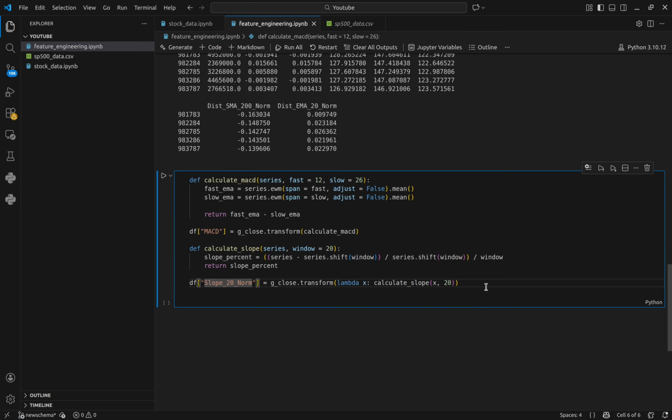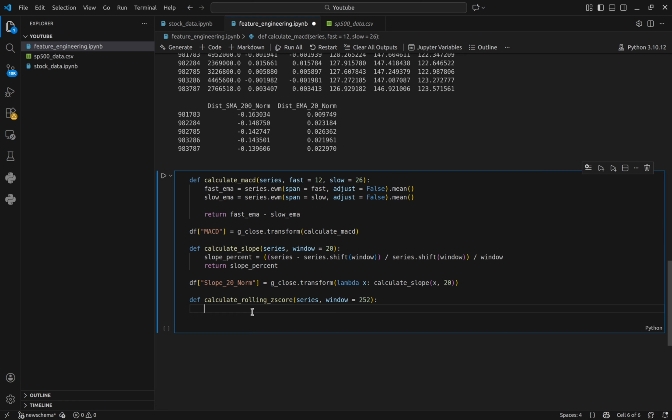And finally, before we end our video, I would like to show one more thing. We want to normalize our MACD data here, so the way we will do that is we will define one last function called calculate rolling z-score. This is a method that's used in statistics a lot, and we will have our window of, let's say, 252, and the way we will use it is we will get our mean,